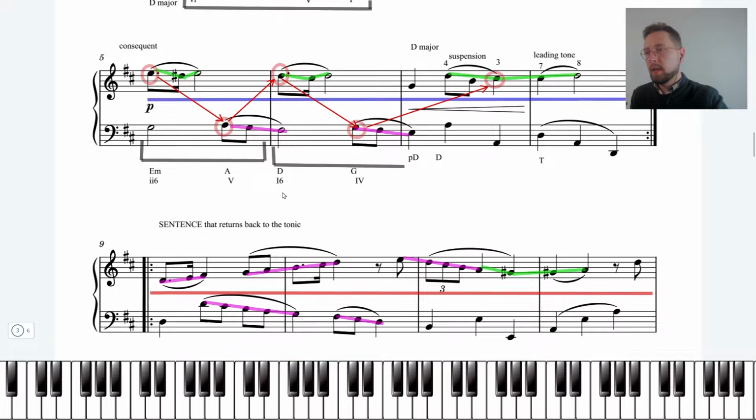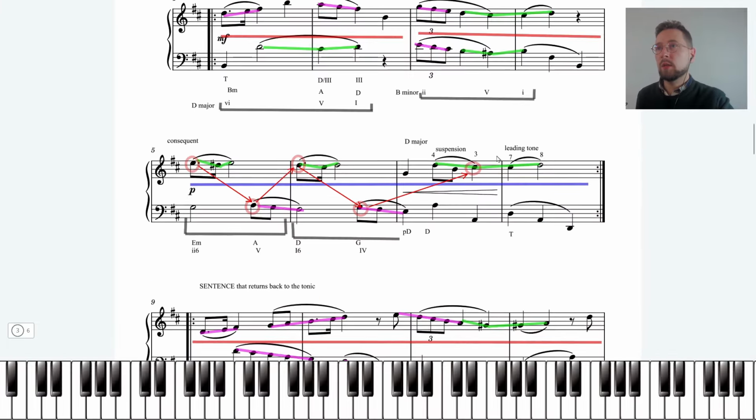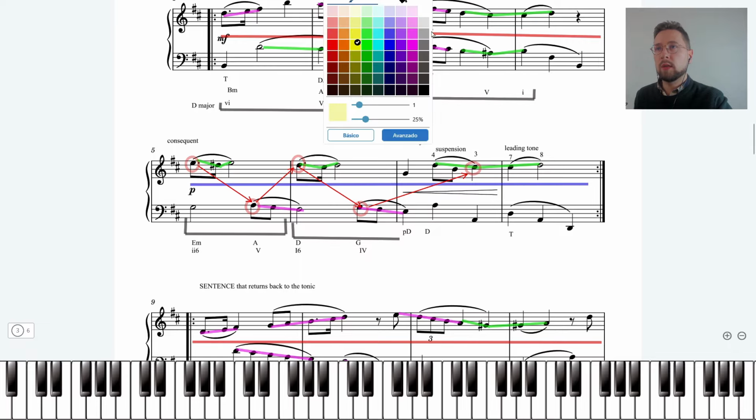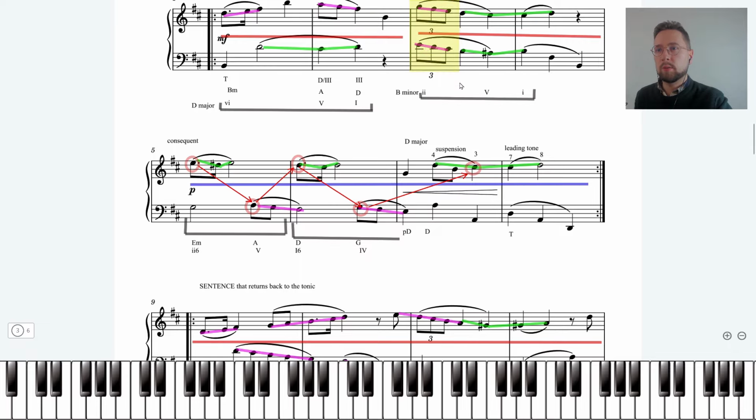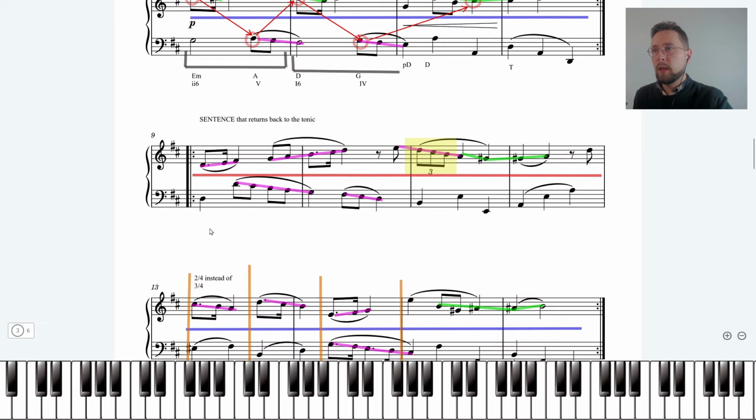Right, in the second phrase, as you can see, some materials are being reused. So we can clearly see the triplets being present again. I'll give them the yellow color because they're probably the new rhythm that we haven't seen in the previous minuets. But the phrase starts in D major, and all it does is just a prolongation